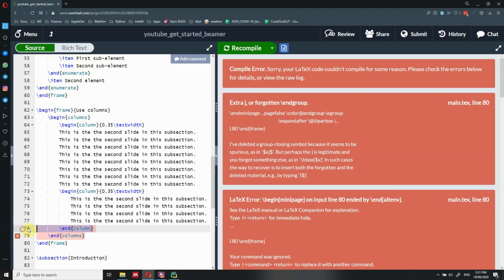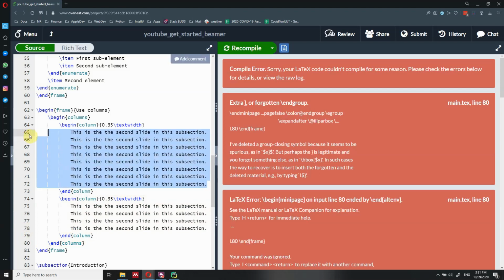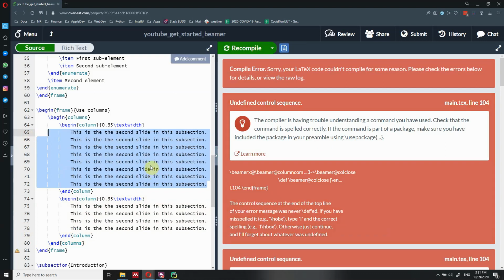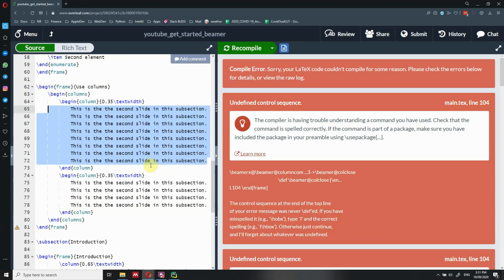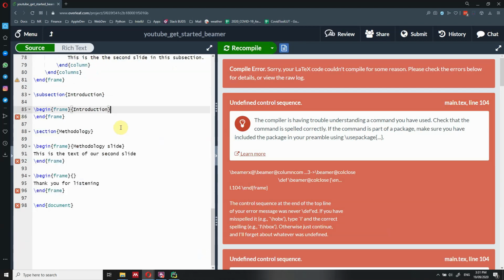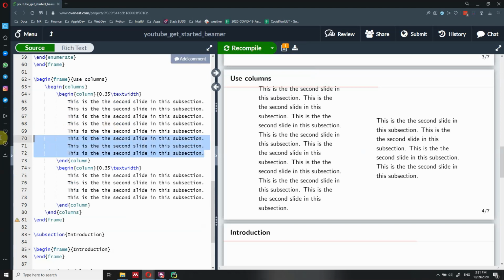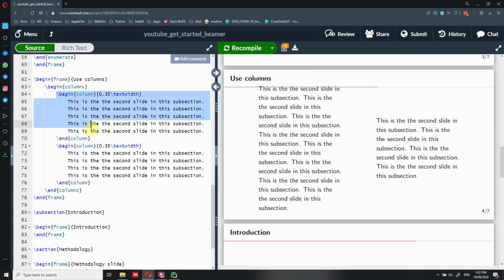Okay. Here we are. So we are ending this column. So you have both examples. Okay, let's compile it again. Okay, so actually you can't use both in the same document. So I guess you will have to go with either or. So let's go with this begin column, because it's actually easier like this, because you can keep track of where the column begins and where the columns end. Okay, and let's fix that back. So then we are done.